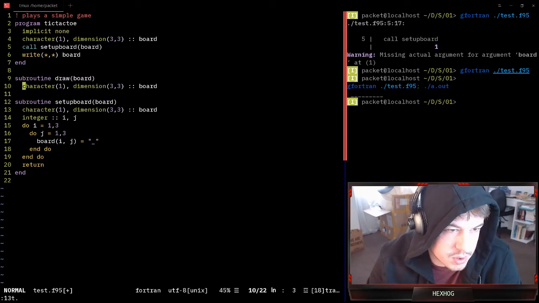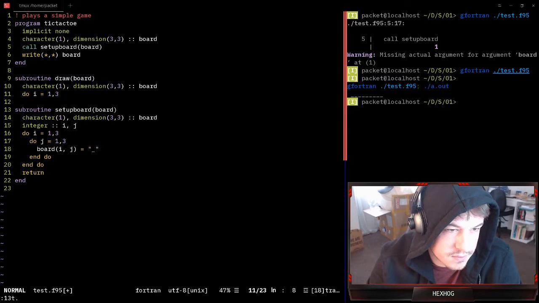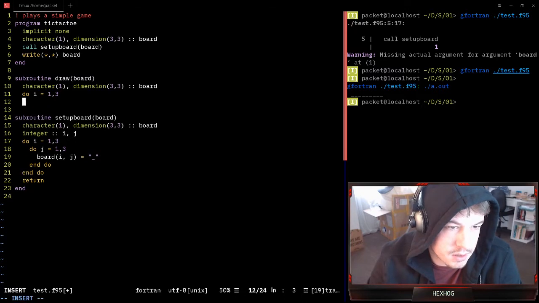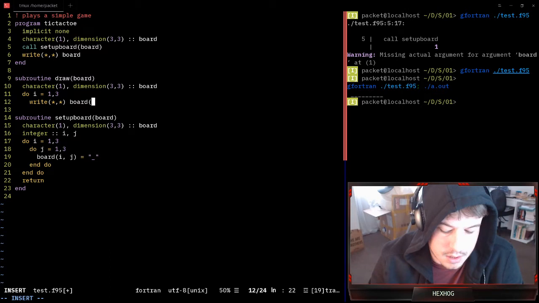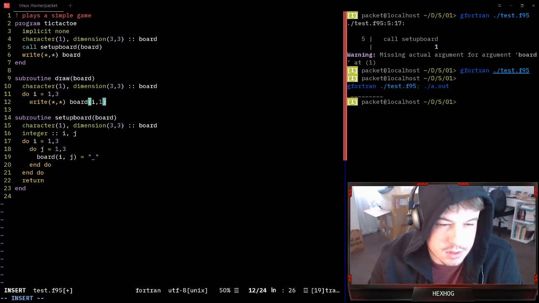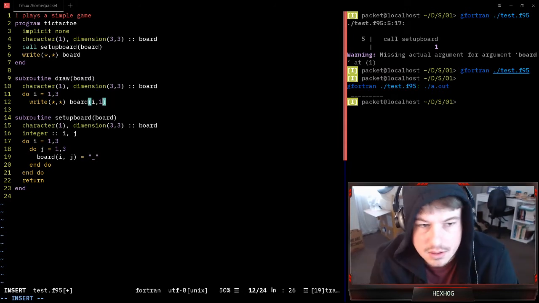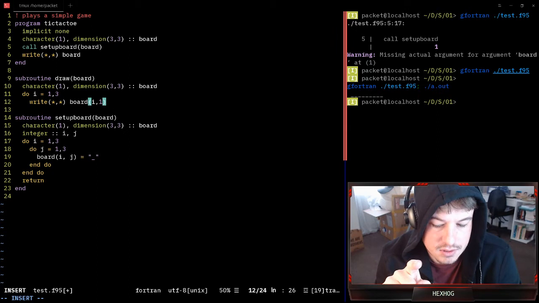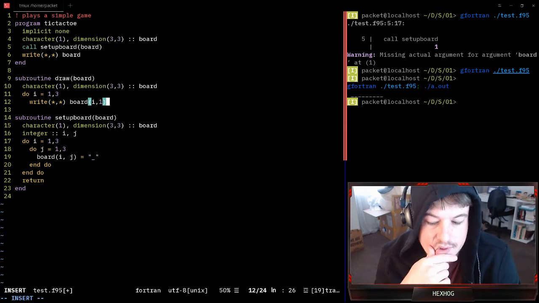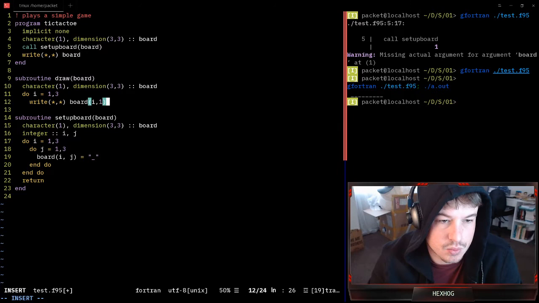Just 1, 2, 5, 3. And then it's just write, yeah. Write star, star. Board I1. Was it 1I? I don't know what way out that will be. I think, yeah. Columns first, and then rows. That should work. Board 1, I1, board